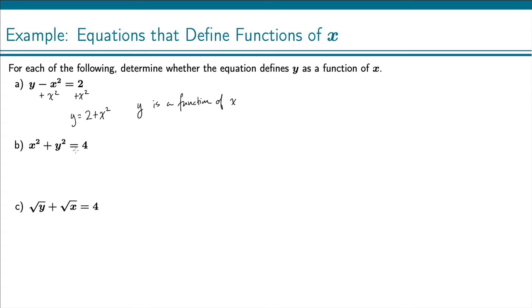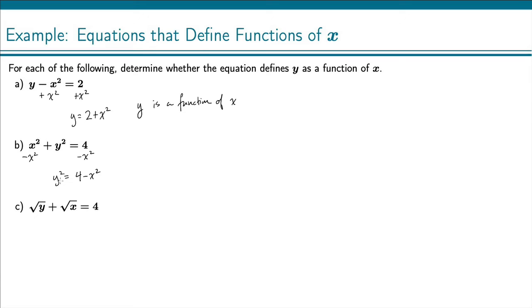For b, x squared plus y squared equals 4. Again, to solve for y, first we'll subtract x squared from both sides. That gives us y squared equals 4 minus x squared. But then, to get y by itself, we need to take the square root. Well, when you do a square root,